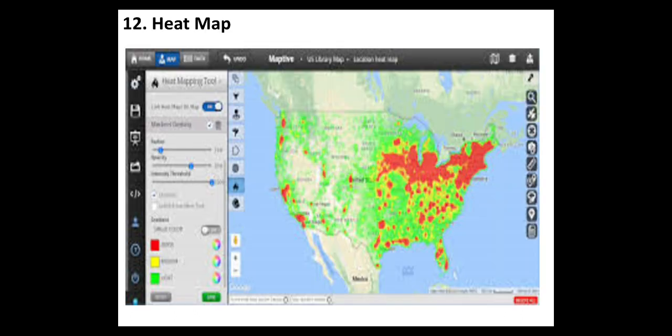Then next one, heat map. A heat map shows the relationship between two items and provides rating information such as high to low or poor to excellent. The rating information is shown in the form of varying colors, and maybe saturation. A simple heat map provides an immediate visual summary of information.